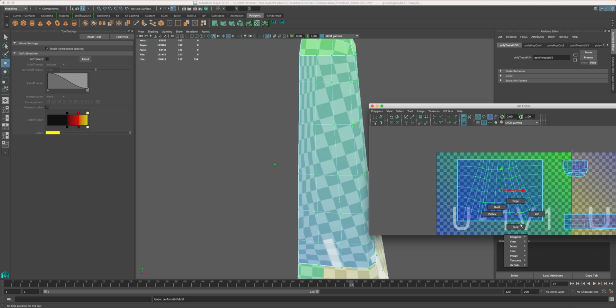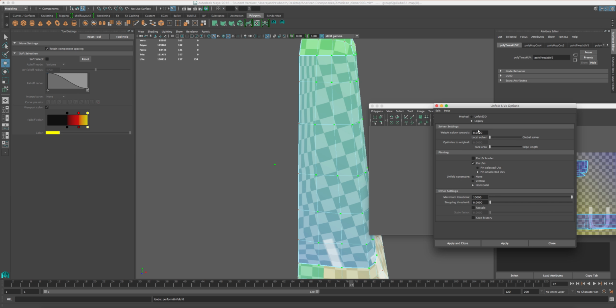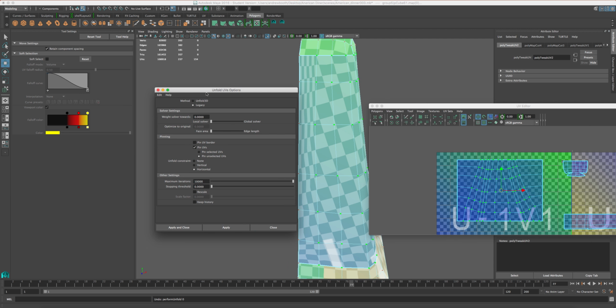Instead of selecting it, you go into the actual menu section here. Now I did this the last time, if I remember rightly, but this is a little recap. Using the legacy, pin UVs, pin unselected. So basically we're using these unselected UVs as a constraint,